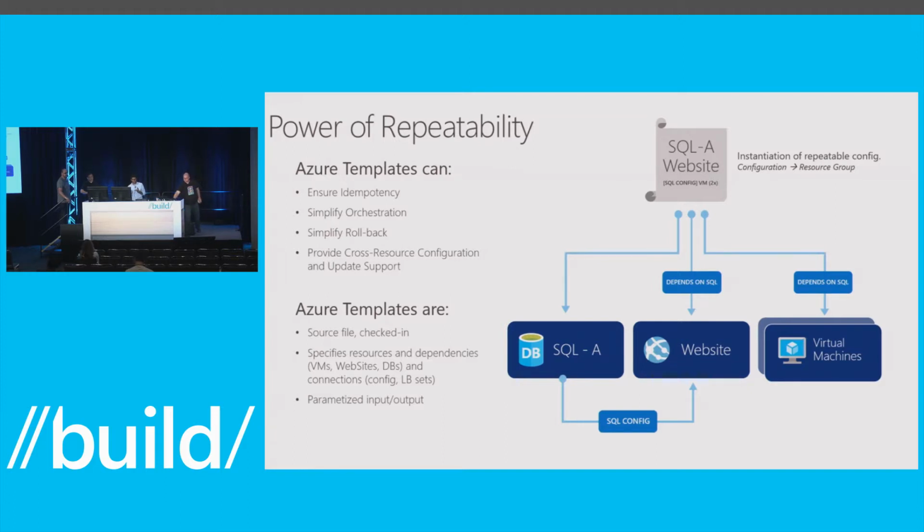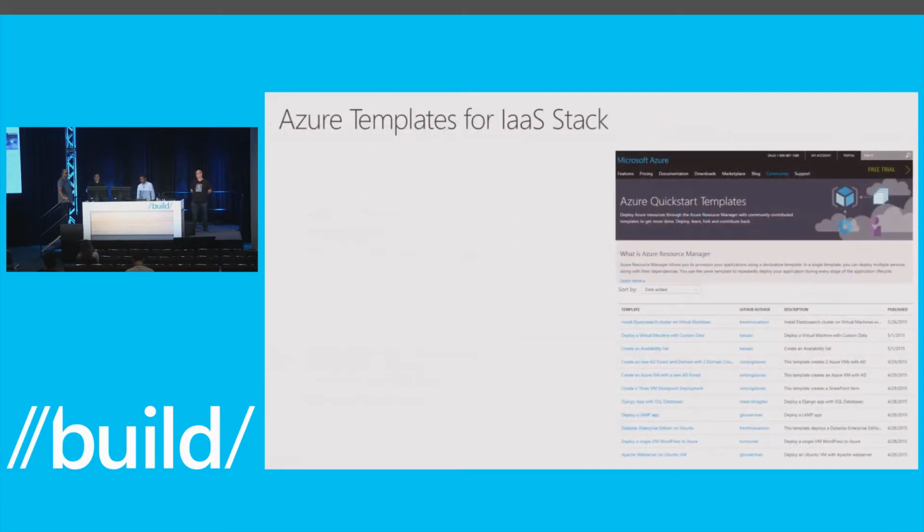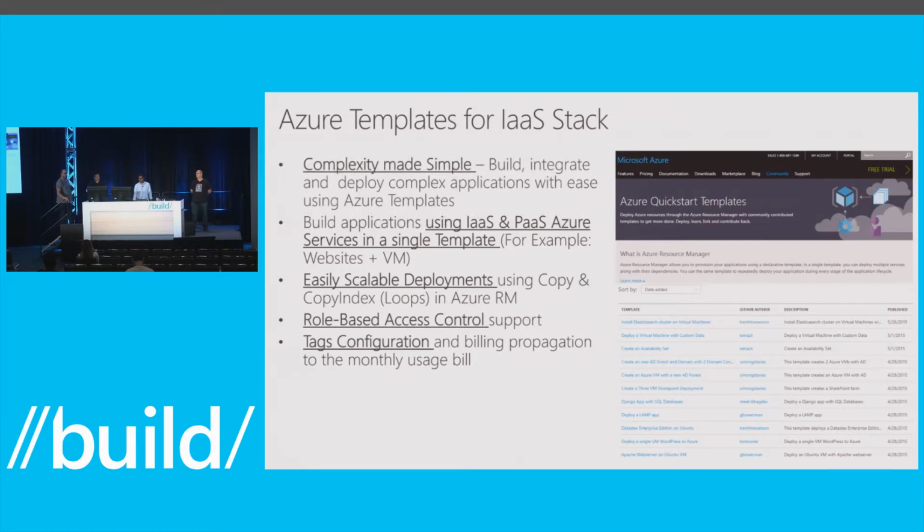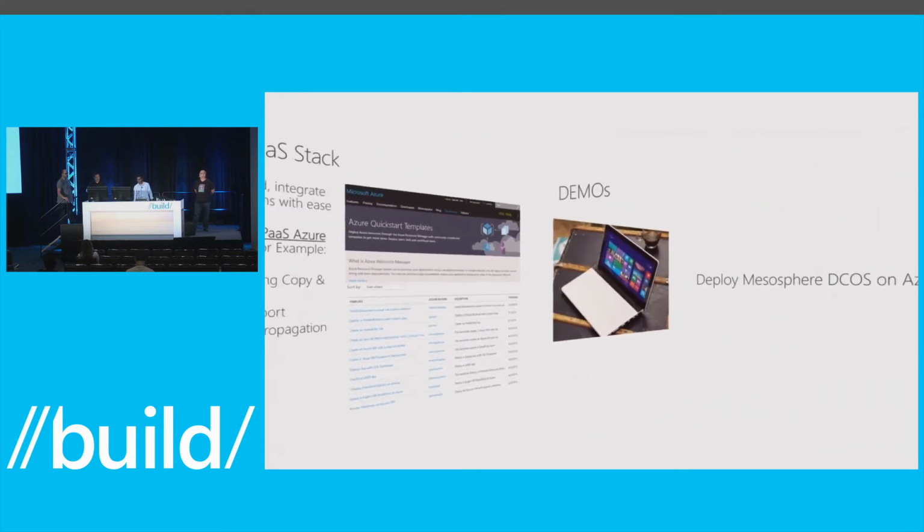We view the Azure template files as source files that are checked in. It's not stored on the cloud. It's something that you can check into your source control, can be on Git. We've announced a lot of template support on Git as well, so you should go take a look at them. And the parameterization part of the templates makes it very repeatable. Here's a quick screenshot of the template location. But the key points here are really around